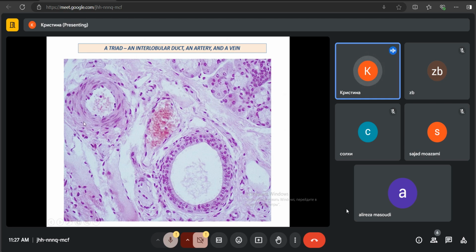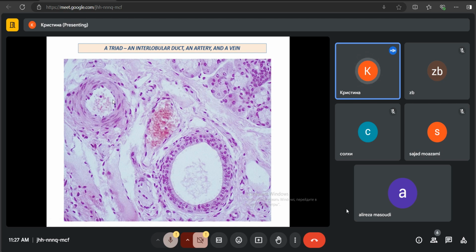Here we see a large, thick layer of loose connective tissue between the lobules of the gland. And here we see the so-called triad, three different elements. So triad, these elements are duct, artery, and a vein. They also come together. So you should be able to